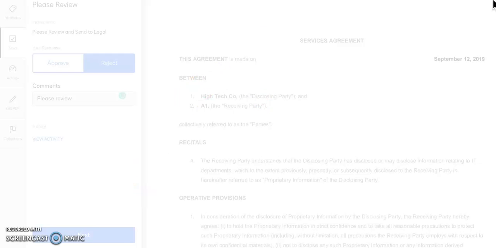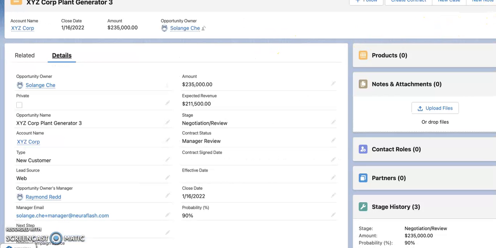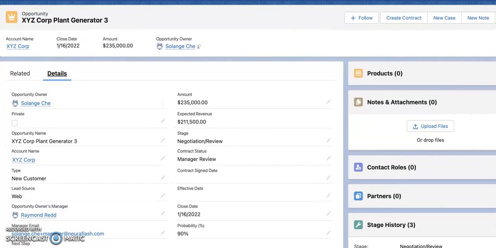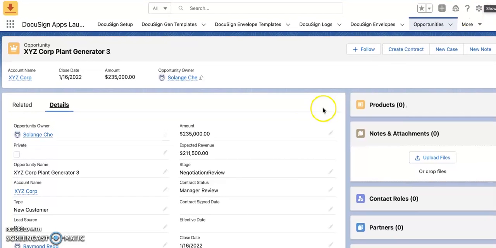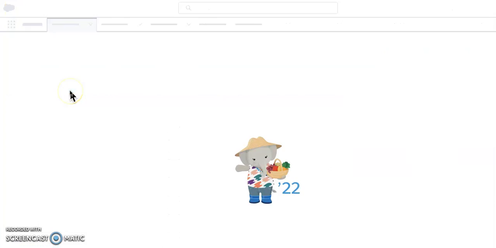When you click on next, there are a couple of things that happen. First, after rejecting it, the workflow is going to end. But before it ends this workflow, a couple of different things have happened, some of which include within Salesforce, there's been a couple of updates. If I go back and refresh our Salesforce, remember when we sent this out, it was on negotiation and review and manager review. If I refresh this now,